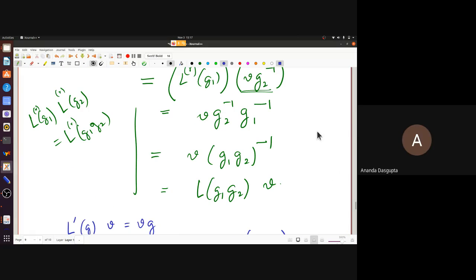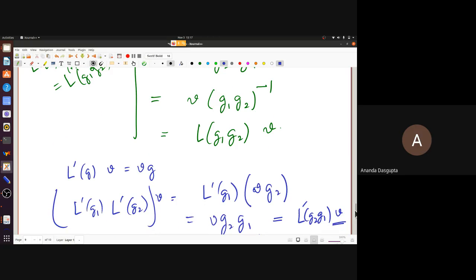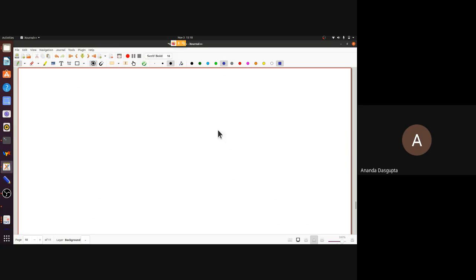Sorry to interrupt, but it's only critical because we're right multiplying, right? Why... No, even if you left multiplied, okay. That may look like the case. Let's see. First of all, this is the definition, so you should not argue with it. But still, let's try something else. L tilde G acting on V is, let's say, G V.